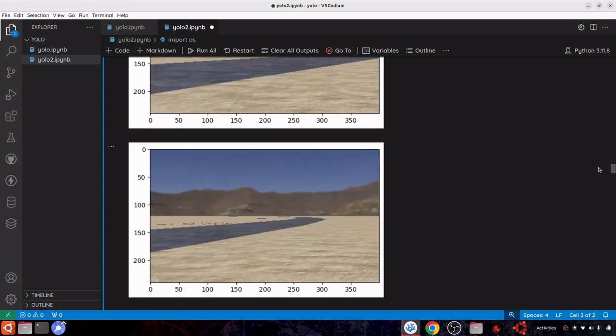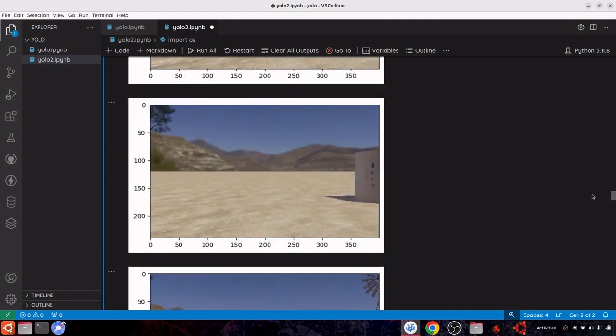And it was running this YOLO and it detected whatever it could,